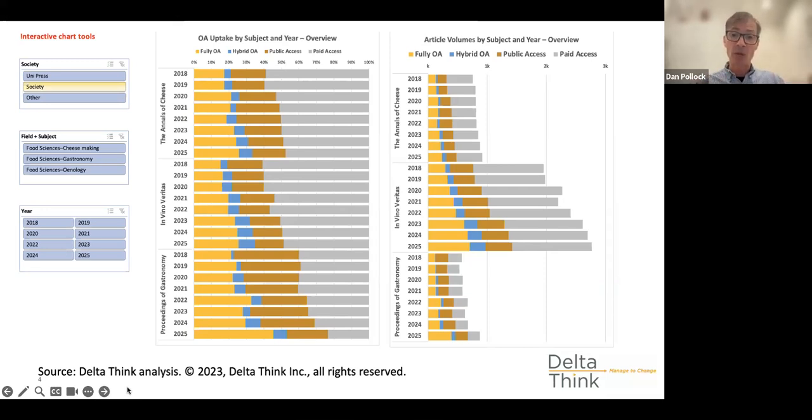So this first screenshot is basically pulled from the interactive tools that we develop to allow people to explore what's happening out there. And the context quite often is if you are thinking, for example, of starting a new journal, perhaps you are reviewing subscriptions to journals or collections of journals, or perhaps you publish some journals and you're now wondering whether or not you should make those journals open.